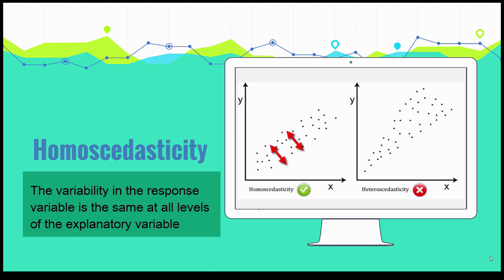So if you look at the two scatter plots here, you can see that the points in the one on the left look like they have about the same spread along the entire x-axis. This indicates that the homoscedasticity assumption has been met. On the other hand, if you look at the scatter plot on the right, you can see that the spread of the residual values increases as you move along the x-axis. This suggests that we have heteroscedasticity, meaning that the spread of the points is not the same at all levels